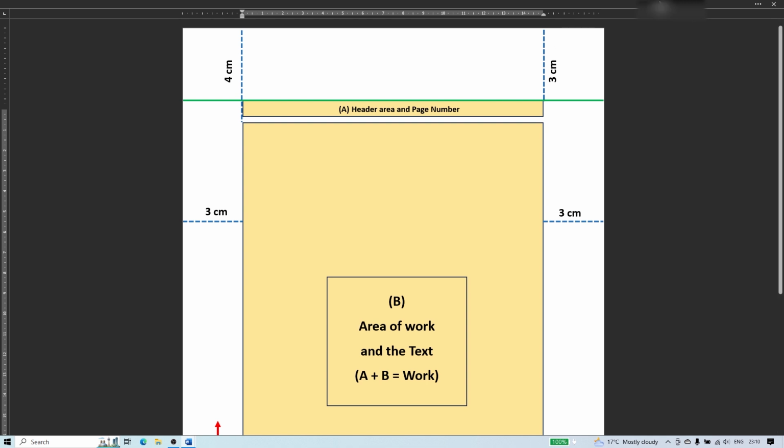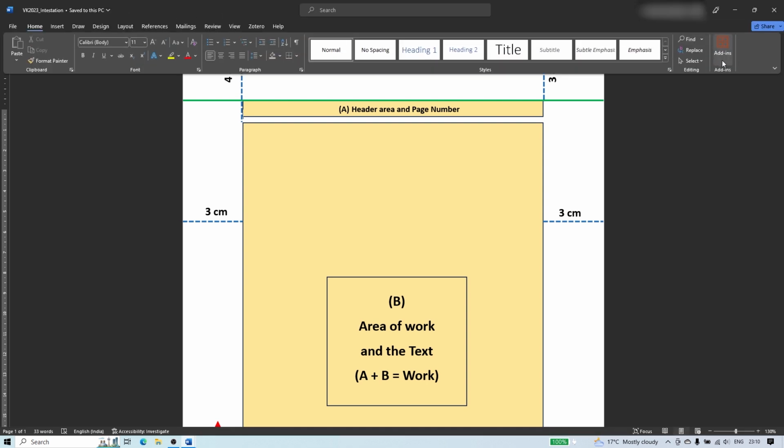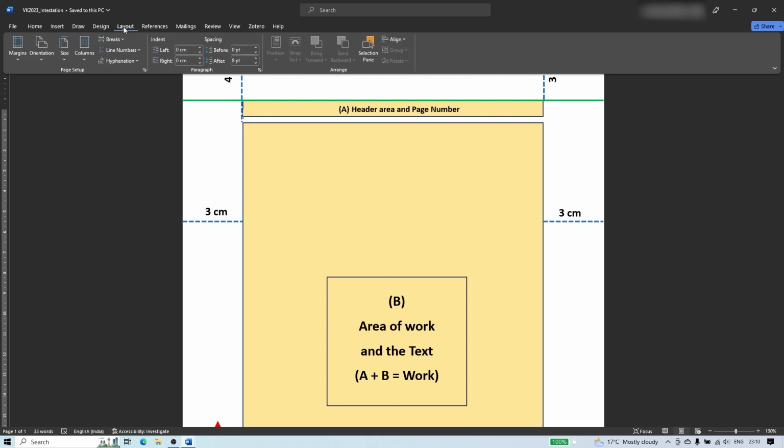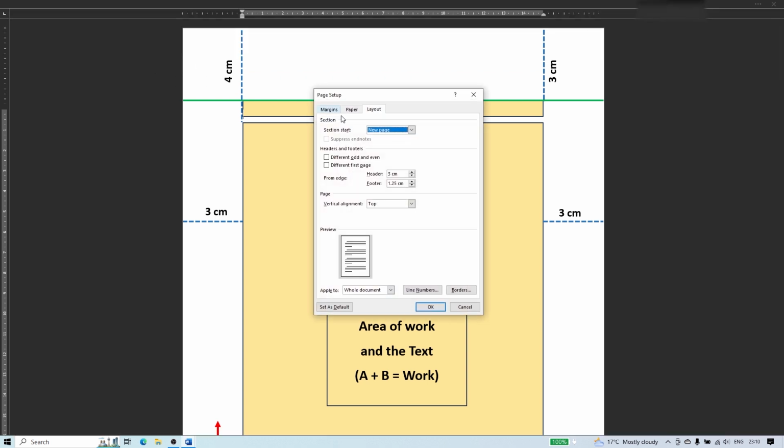As in the layout section, if we see here, we clicked on the page setup and we saw the layout. Different odd page and different even page, we have clicked on them. Okay, so what I mean is